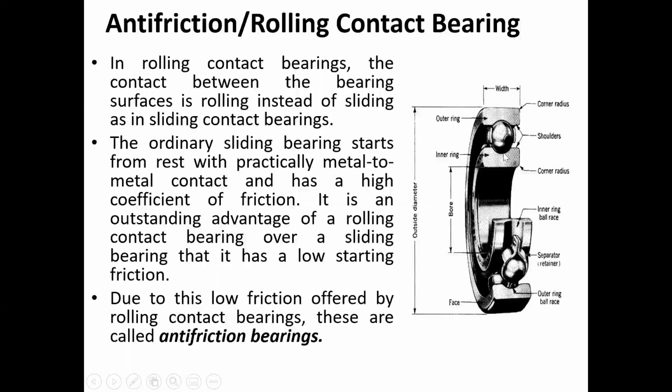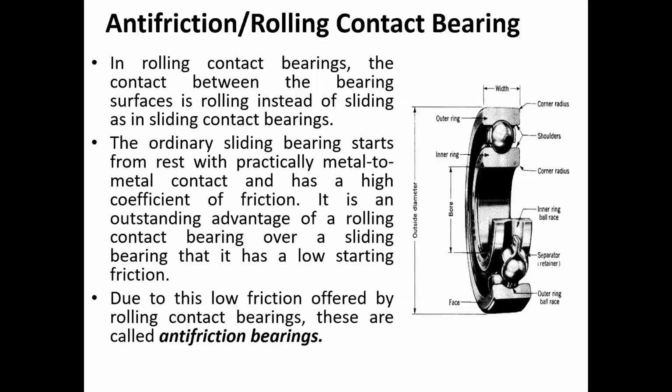This inner race is rolling over these rolling elements. So what type of friction will be there? What type of contact will be there? If there is a ball, there will be a point contact. If there is a roller, then there will be a line contact. Okay, and we know when there is a point or line contact, the friction value is very less as compared to